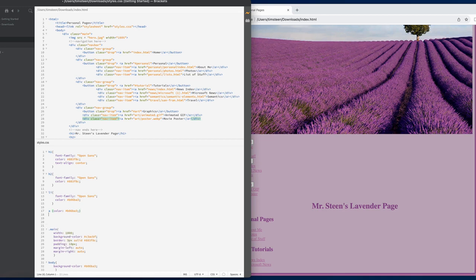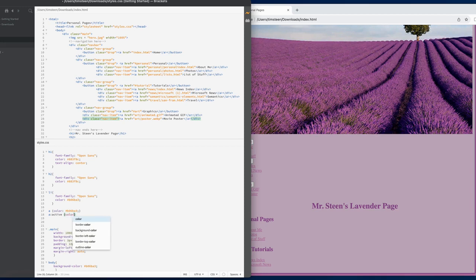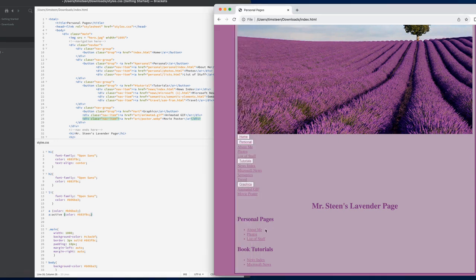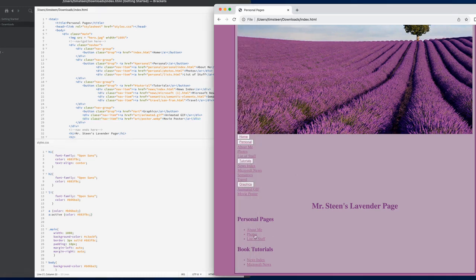But beyond that, you can change more things about the A tag. For instance, every A tag has a subcategory for what happens when they're active. Maybe I want to change the color of what happens when I click on them. So I would change that to some other beautiful shade of lavender, which of course I looked up on Photoshop to get some different colors. So now, once I save this and everything,